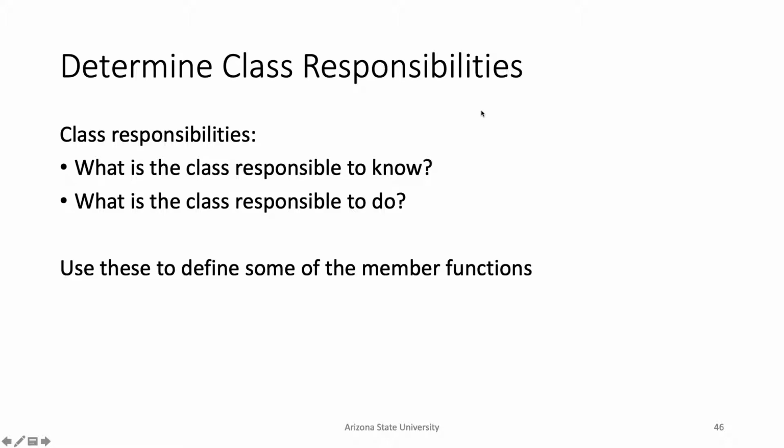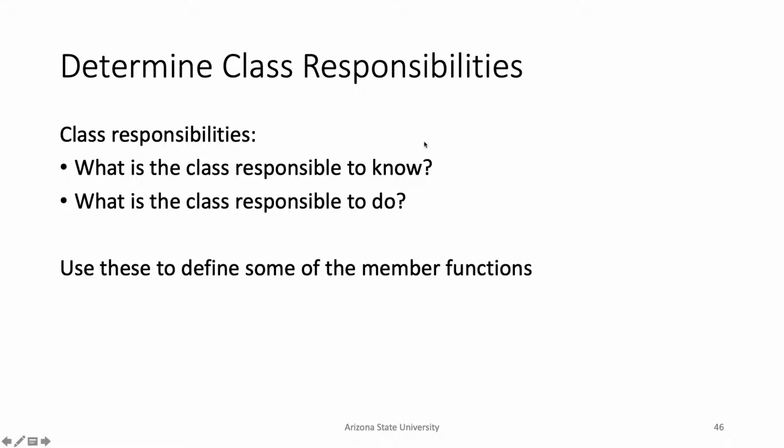And of course, if we're making a class, we have to know what the class is actually used for. So for a student at ASU, what things would you actually use students for? Mainly to populate a class object, well, a course object. So a course has a bunch of students, so you need to make student objects to populate a course object.